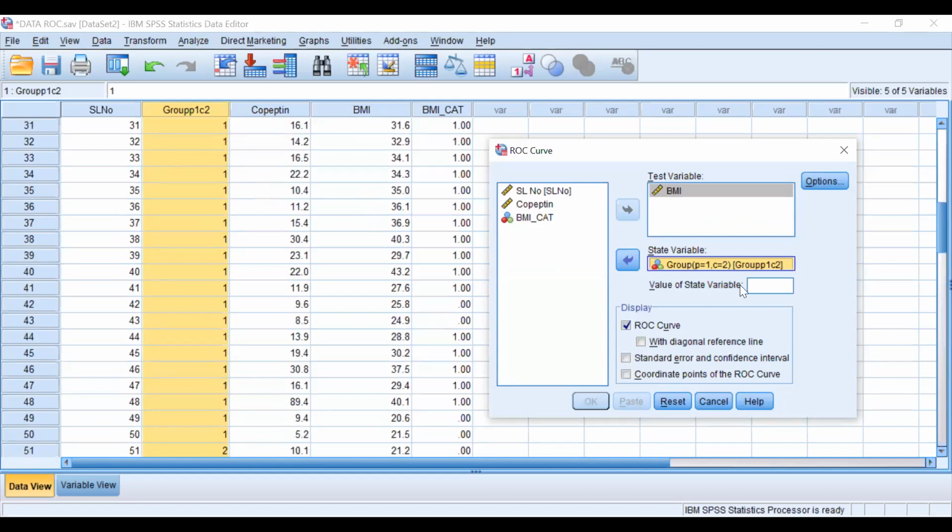Sorry, I think 2 is PCOS. Okay, so 2 is with PCOS. Then you have to check these options: ROC curve with diagonal reference line, standard error and confidence interval, and coordinates of points of the ROC curve. If required, we can give that.